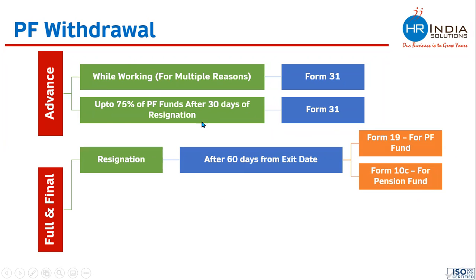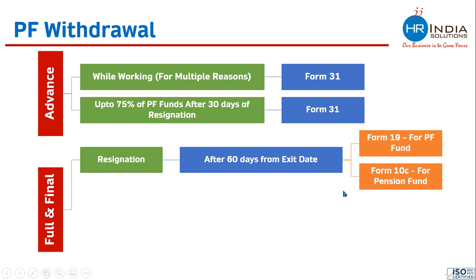Look, in the above case, the Provident Fund is allowing you to take some money as advance. In case of resignation also, normally after 60 days, you are allowed to get the full amount, but before 60 days and post 30 days, they are allowing you to take some money up to an extent of 75%. If you want to take the entire money, full and final settlement, then you need to wait for 60 days to apply for your entire money. You will get the entire money which is there in Provident Fund and the entire money which is there in the pension fund. For these two, you need to fill different forms.